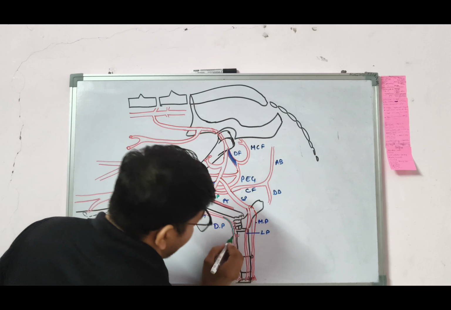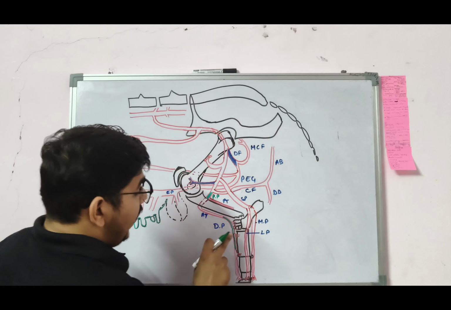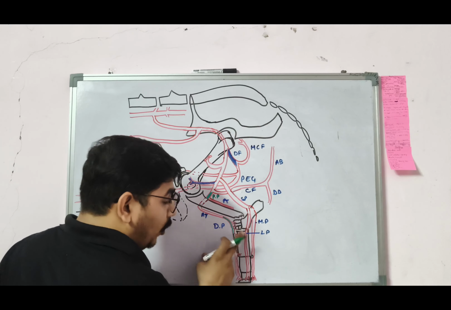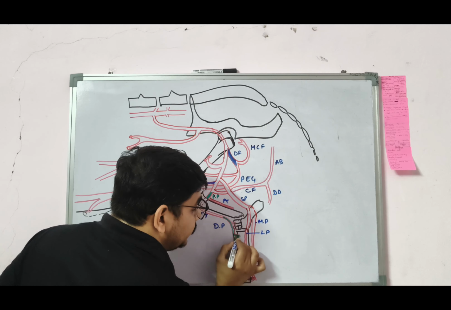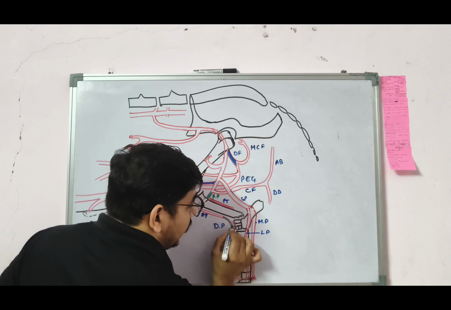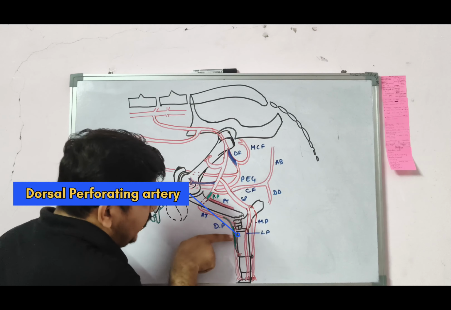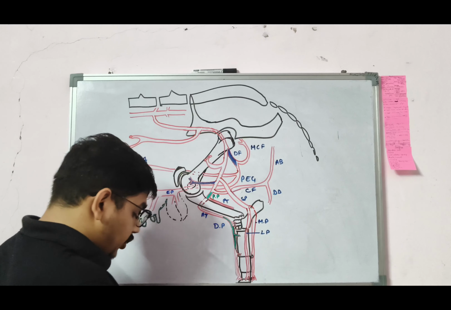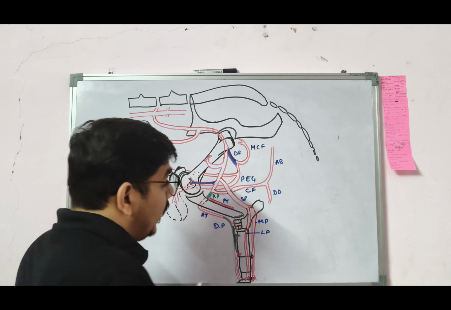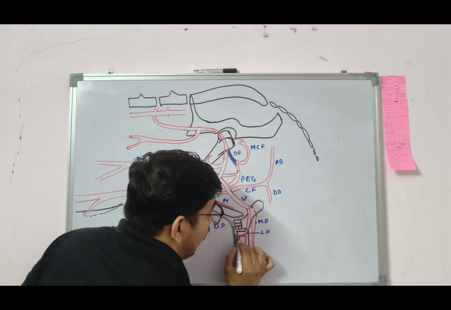This part continues near the distal extremity, and near the proximal extremity of the metatarsal it gives a branch, which enters the proximal vascular foramen of the metatarsal and joins with the lateral pedal and medial pedal and forms an arch